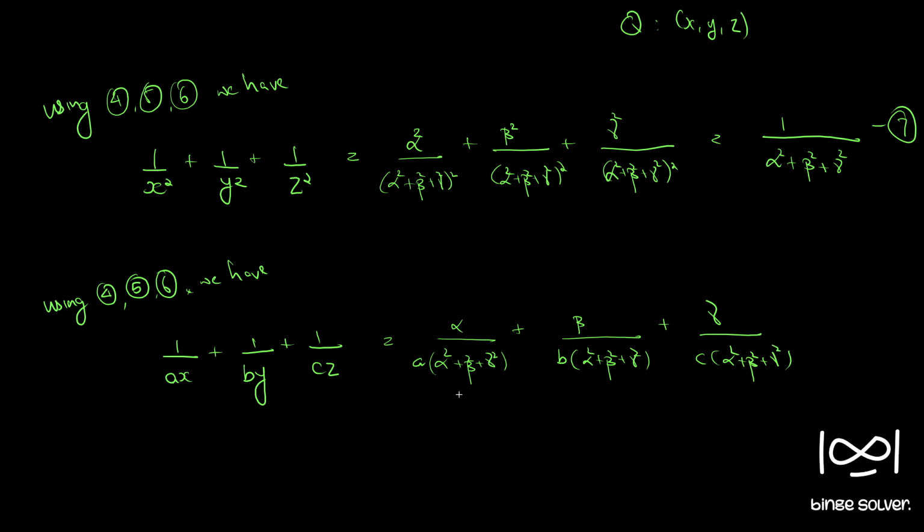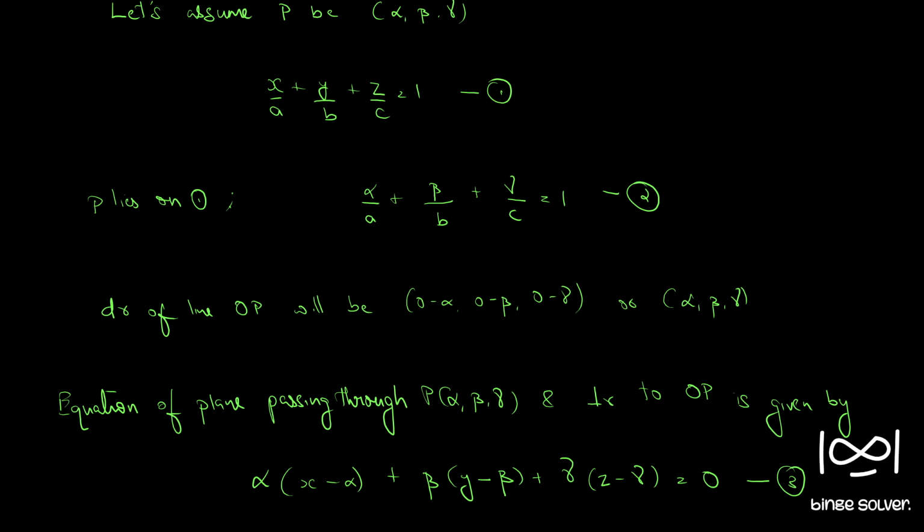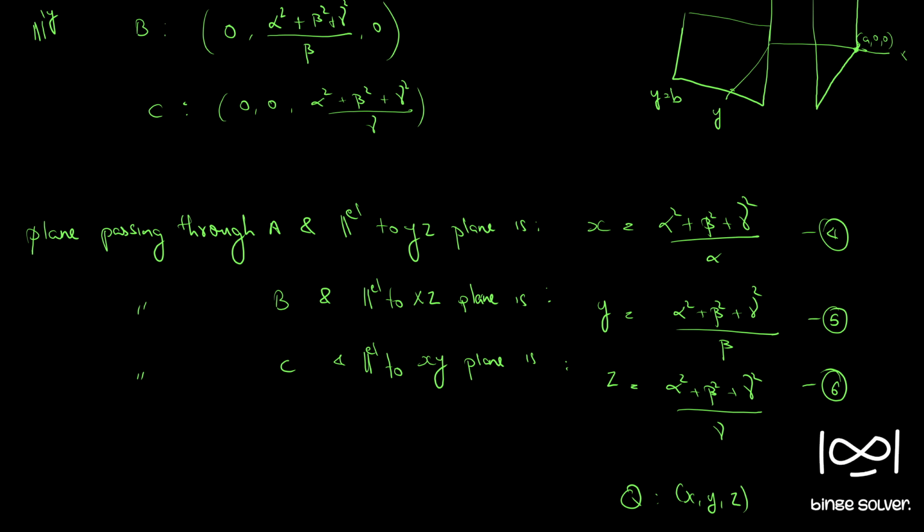If you group and take 1 by (alpha square plus beta square plus gamma square) outside, we get alpha by a plus beta by b plus gamma by c. But from equation 2 we know that alpha by a plus beta by b plus gamma by c is nothing but 1. So using 2